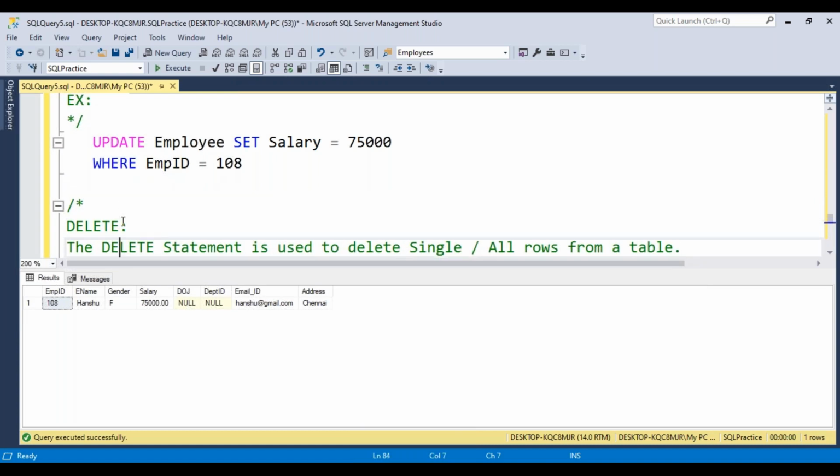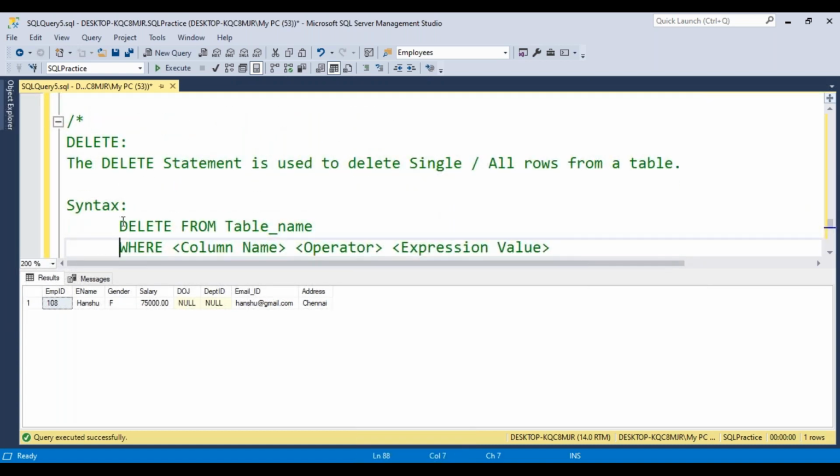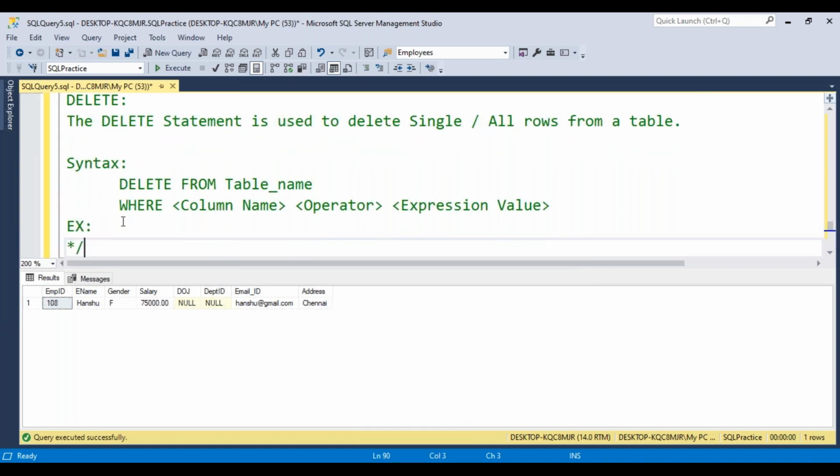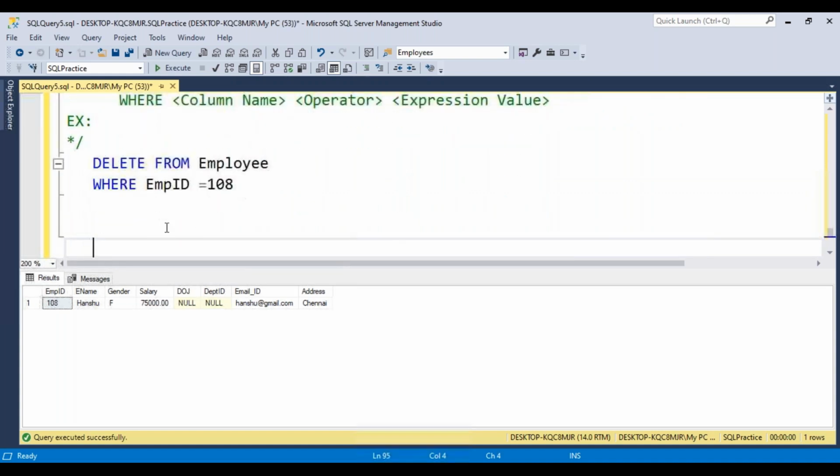Okay, and the delete statement. What is meant by the delete statement? The delete statement is used to delete a single row or multiple rows from an existing table, like truncate. Truncate is a DDL statement and never takes a condition, but here we can give a condition. Based on the condition we can delete records, or without a condition we can delete records. So the delete statement is mainly for deleting a single record or multiple records.